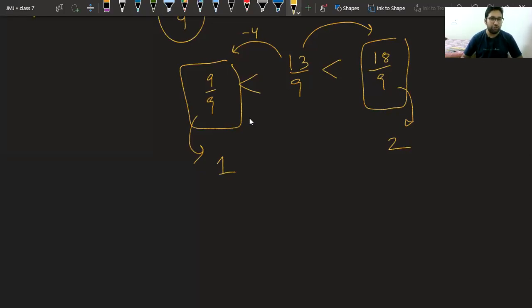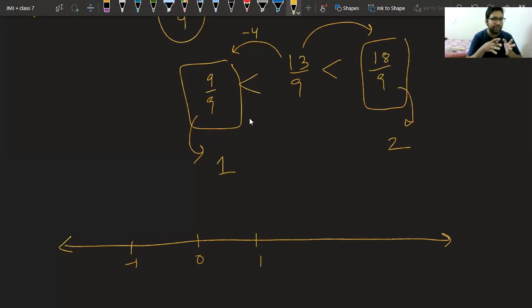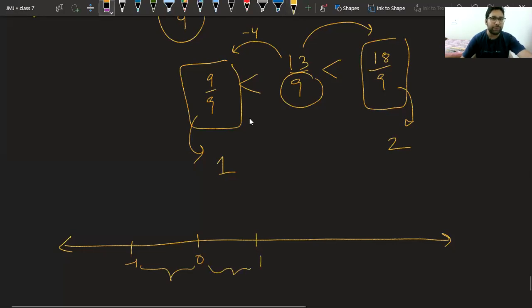Now please see. We have obtained one thing. Between which numbers is our number lying? I have found that it is lying between 1 and 2. Please tell me, shall I take a larger gap between 1 and 2, or shall I keep it lower? As 9 is in the denominator, I know I will have to make 9 divisions. So what do you say? Shall I take more distance between the numbers? Big gap should be taken, na? Okay. So in that case, this will not look good. I will make a larger gap. Let me erase this.